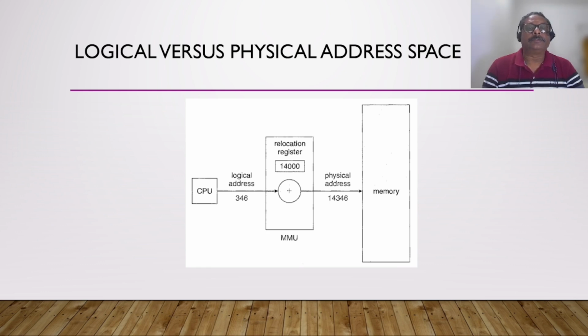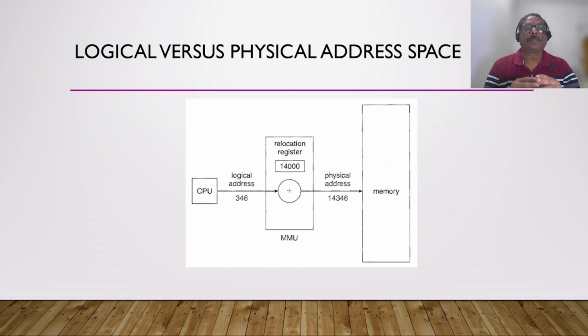Therefore, the easiest way is to talk in a relative sense, that is, from the bottom of the process, just give the index where our current location is situated, and that is what we call a